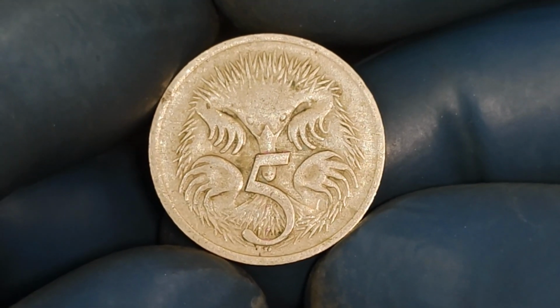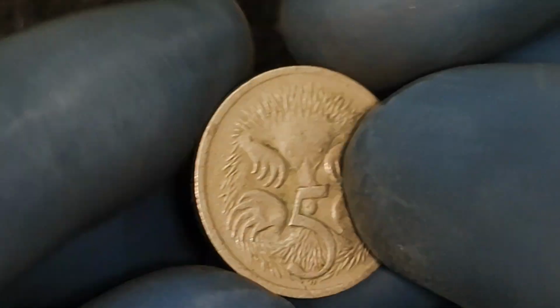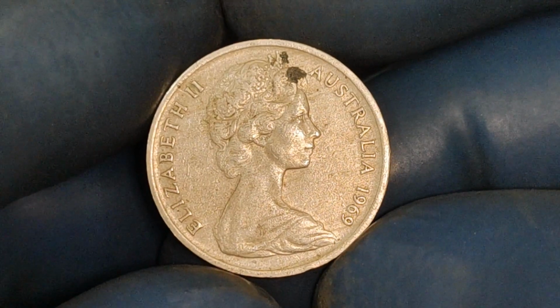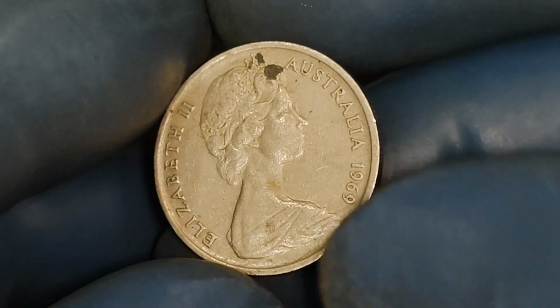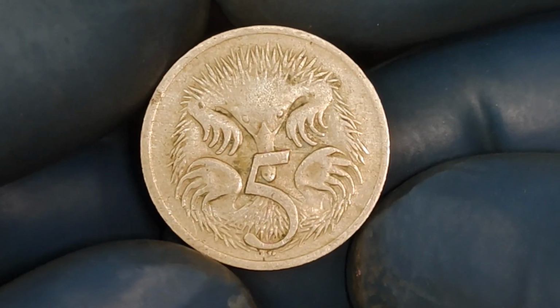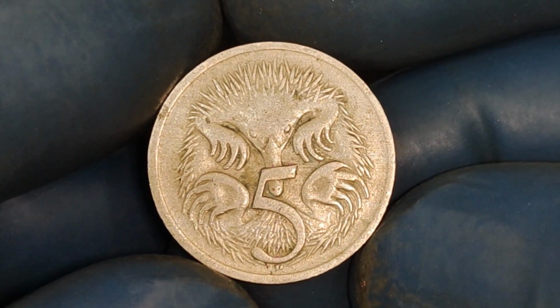In conclusion, the Australia 5-cent 1969 coin with grey spots and in very fine condition is not just pocket change, it is a collector's dream. It holds historical significance, unique physical traits, and growing market value. With increasing demand and a finite supply, its worth in the collector's world is only expected to climb. So, whether you are a seasoned numismatist or a budding enthusiast, this is one coin that deserves a special spot